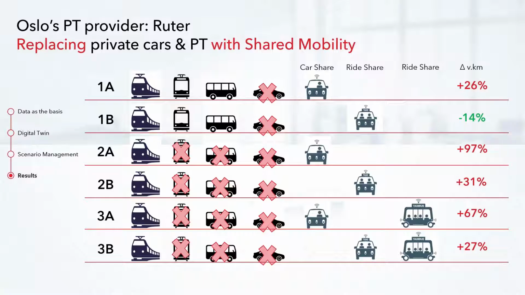And the worst case scenario, 2A, we almost double the vehicle kilometers traveled, which could never happen in reality because the roads don't have the capacity to do it. But these are big alarm bells, and we have to take care. If we let rideshare operators come into our towns and cities without regulation, then we will certainly be going in the increased vehicle kilometer direction, which is not really the ethos of shared mobility, I have to say.